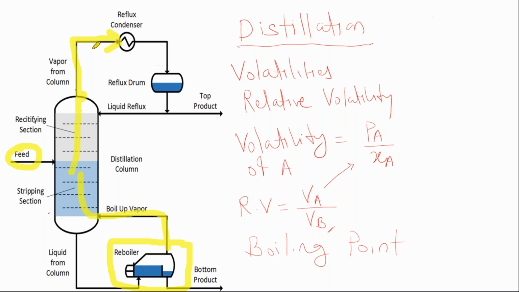So the latent heat which is carried by these benzene-rich vapors is removed, and these vapors are going to convert into liquid at the same temperature and pressure conditions. It means in this condenser the temperature and pressure conditions are the same, only phase change takes place, that is from vapor to liquid. So the liquid with the same concentration, same temperature and same pressure is going towards this reflux drum, where we